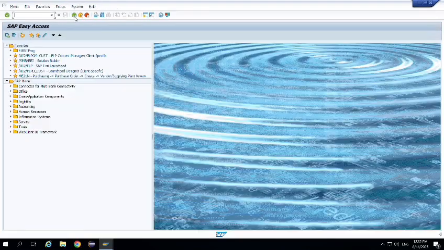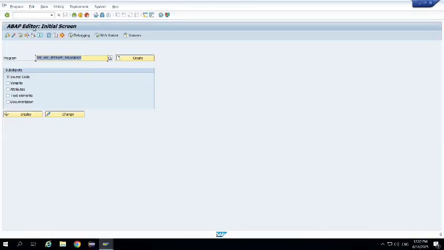Now today we have learned the first program in SAP ABAP. This is our SAP GUI. Now in SE38 we write our ABAP code. First we go to the code SE38. I have already done this task, so there is no need to create it if you have already created your program. But since I created it previously, I am showing this program to you only.